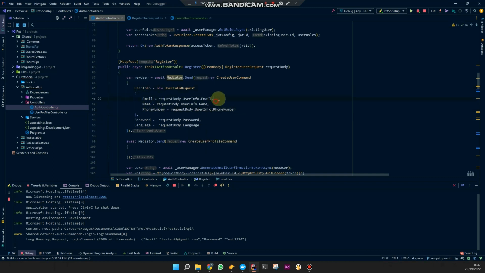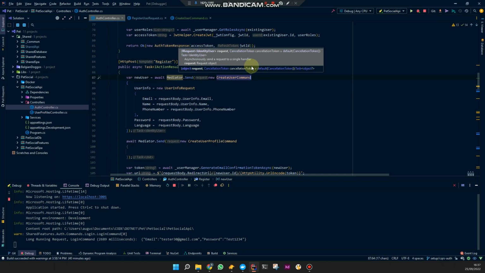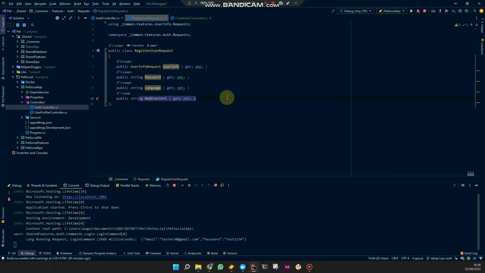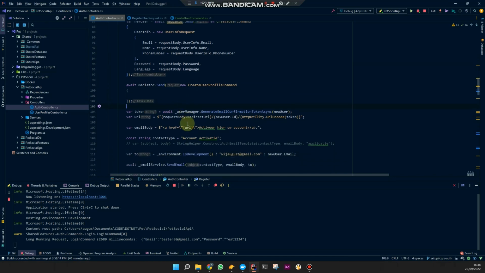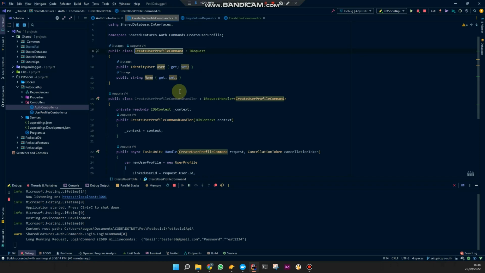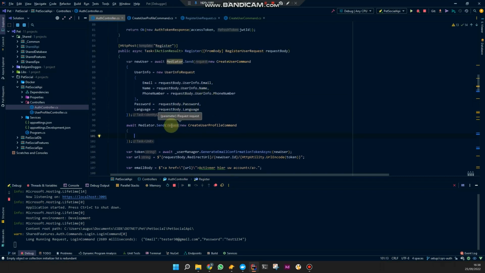We could maybe use some kind of mapping to map it. In this scenario, we can't directly use the commands because this one has a redirect URL, and there is more happening than just one command. So this needs the name. This the